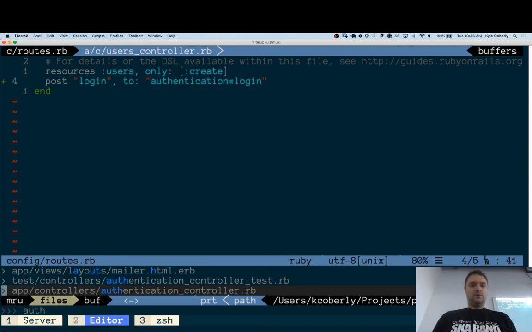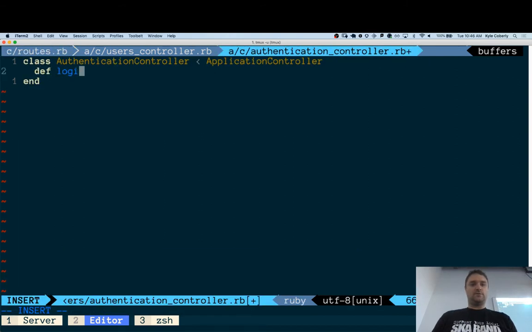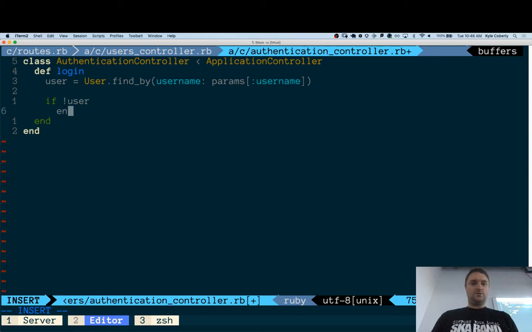And then I go into my auth controller, def login. User is User.find_by username is params username, if not user,